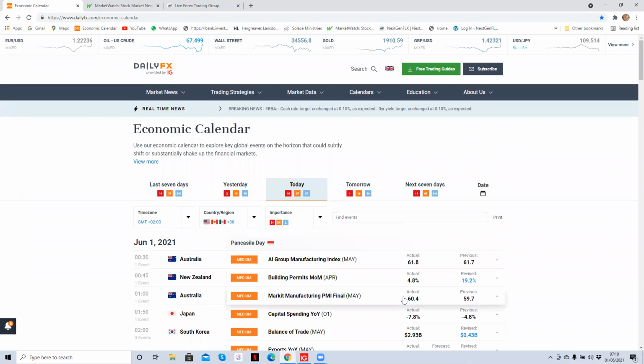And the main thing you're looking for are interest rate decisions. For example, if you're trading the Euro US dollar and you have the European Central Bank interest rate decision coming up later that week, that will make you very careful trading the Euro US dollar or any currency paired with the euro prior to that decision. If you're trading currencies paired with the pound, then of course you want to be wary trading any currency pair paired with the pound prior to the Bank of England interest rate decision.